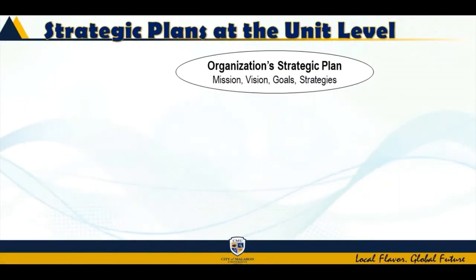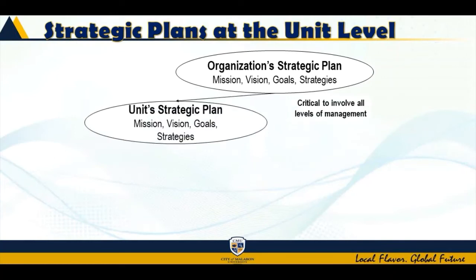Now, I have here the diagram on how the strategic plan happens for every unit. First, obviously, we need to have the organization's strategic plan or the business strategic plan, in terms of their mission, vision, goals, and strategy. Once this is already established, each unit has a different mission and vision that focus on the strategic goal of the entire organization, which is critical. Why? Because it's very hard to have the involvement of every employee at different levels.